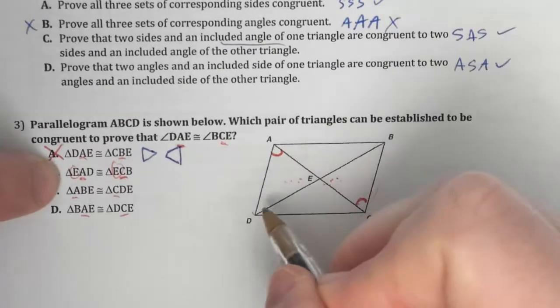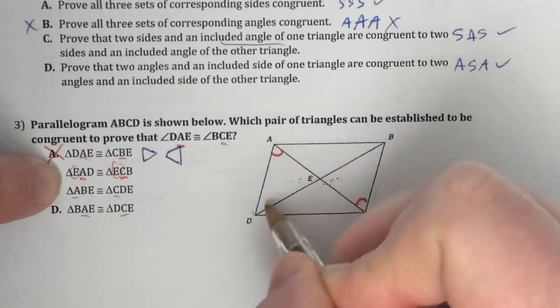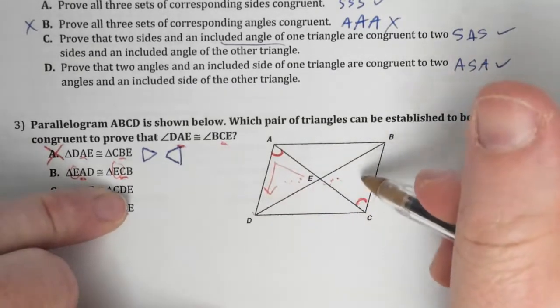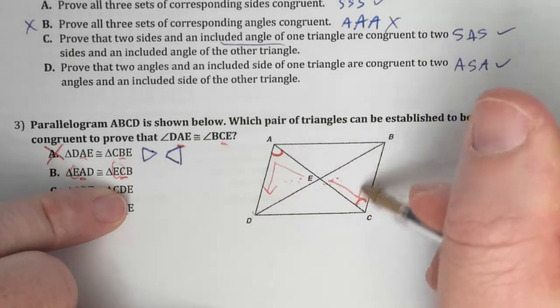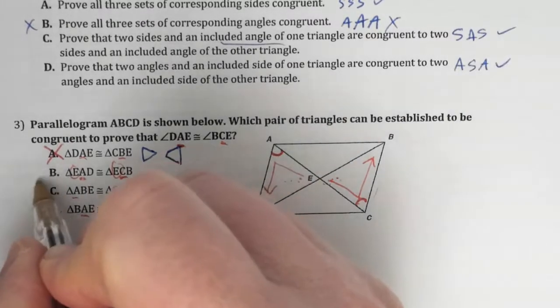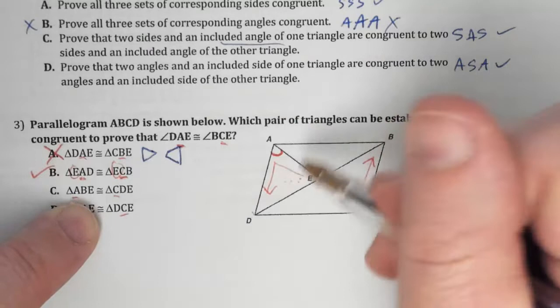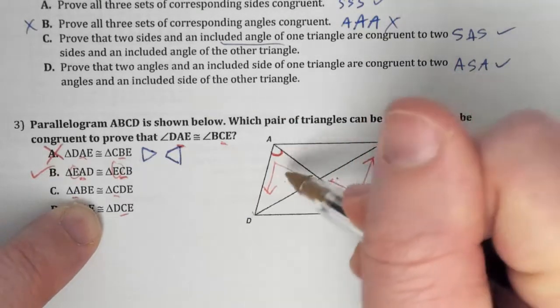So does EAD, if I go EAD, does that equal ECB? Yeah, that actually does look like it works. All right, and then we try another combination. All right, so if we do A, B,